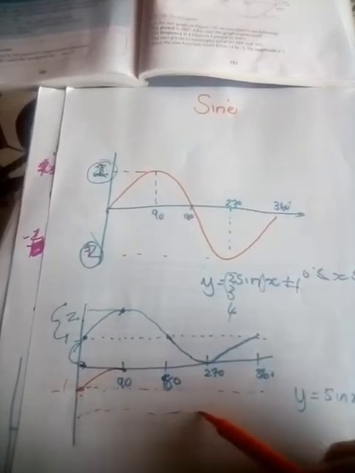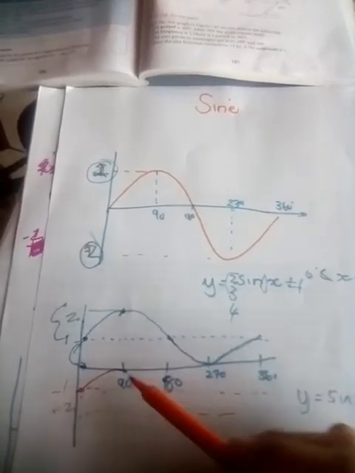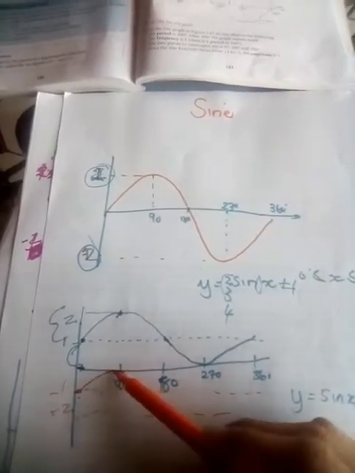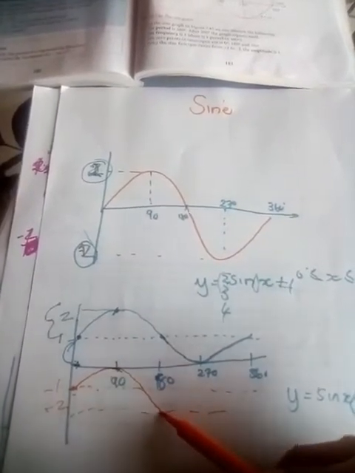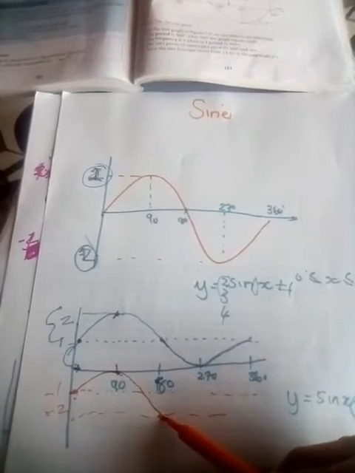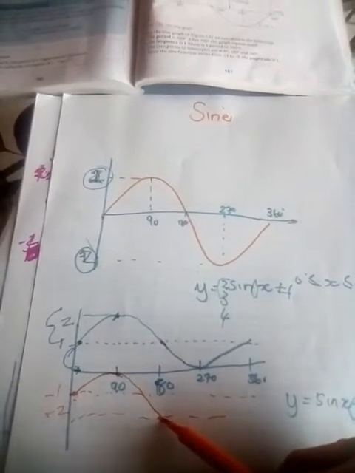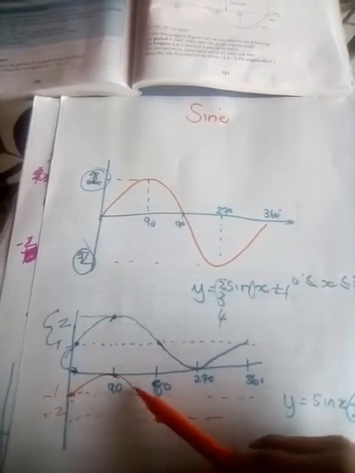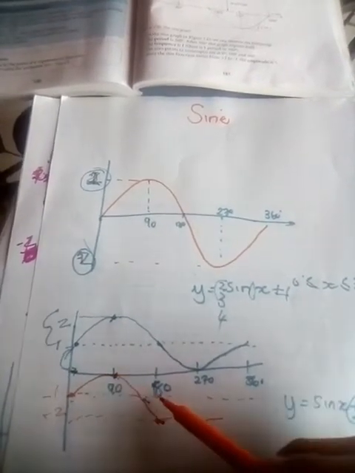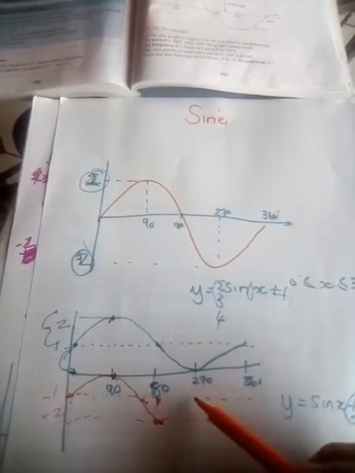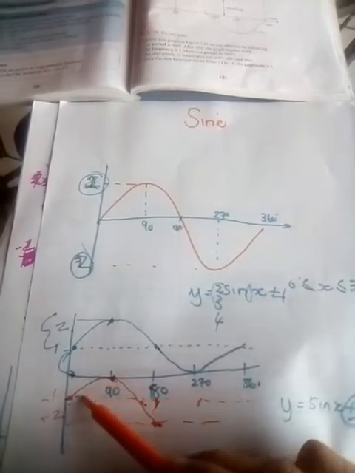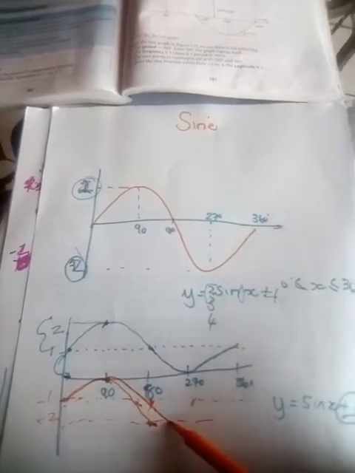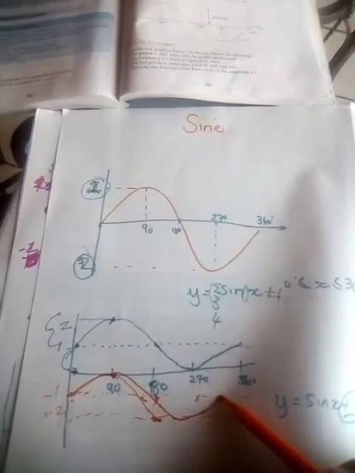Value here would have been then -2, so at 90, 180, 270, it would have gone like up and then through there and up again,